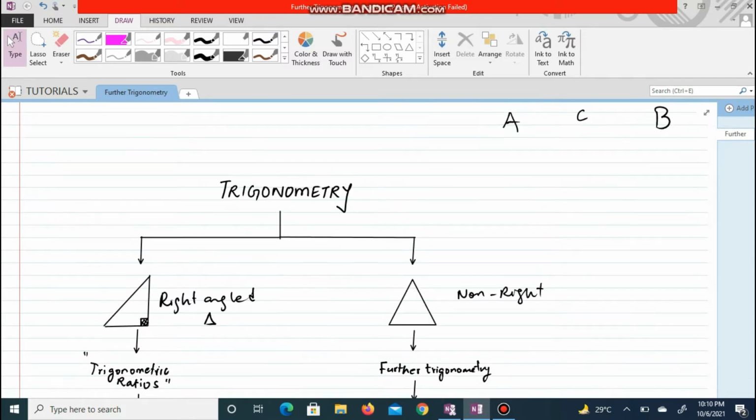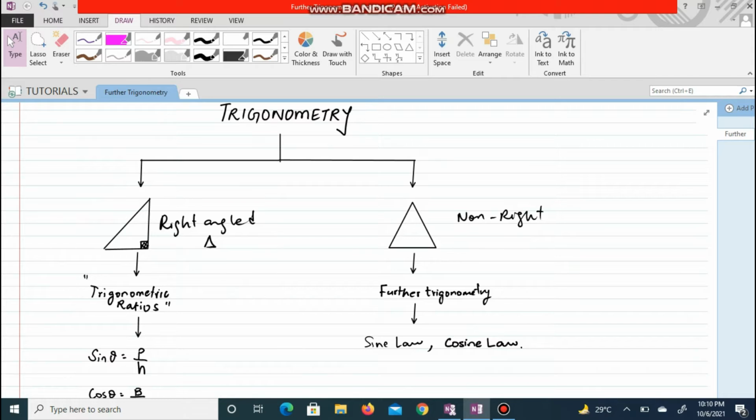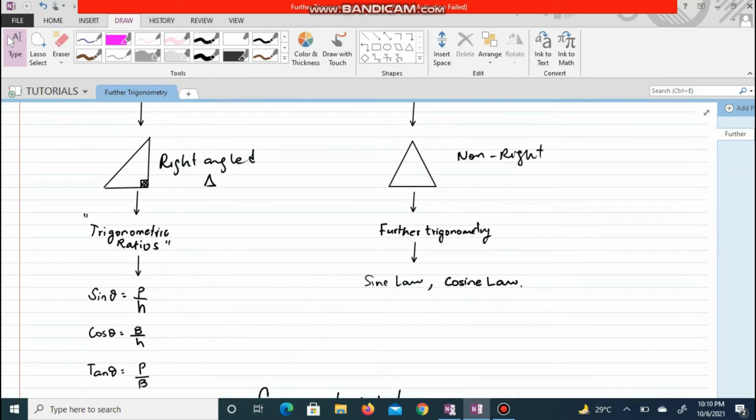Further moving on, let's check out the trigonometry flow chart. Trig is basically divided into 2 parts: the first is right angle triangles and the second is non-right angle triangles. Right angle triangles are covered by trigonometric ratios. The formulas used for that are sine theta is equal to perpendicular upon hypotenuse, cos is base over hypotenuse, and tan is perpendicular upon base, which you can derive from the famous poem, some people have curly brown hair through proper washing. Anyway, let's not talk about that because the topic is further trigonometry. So only right angle triangles are solved by ratios.